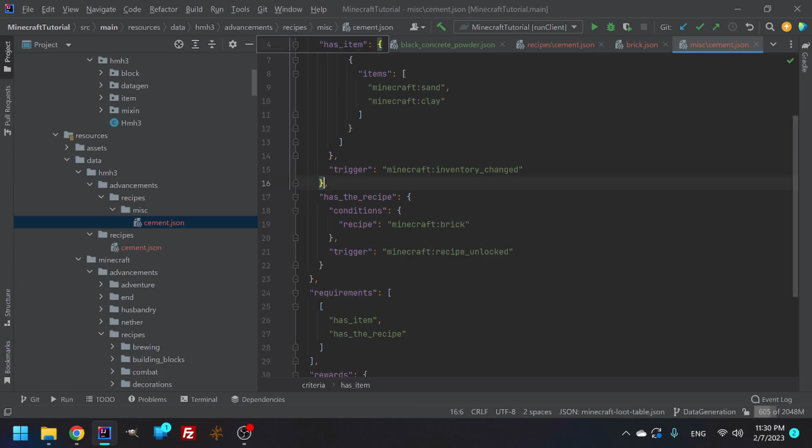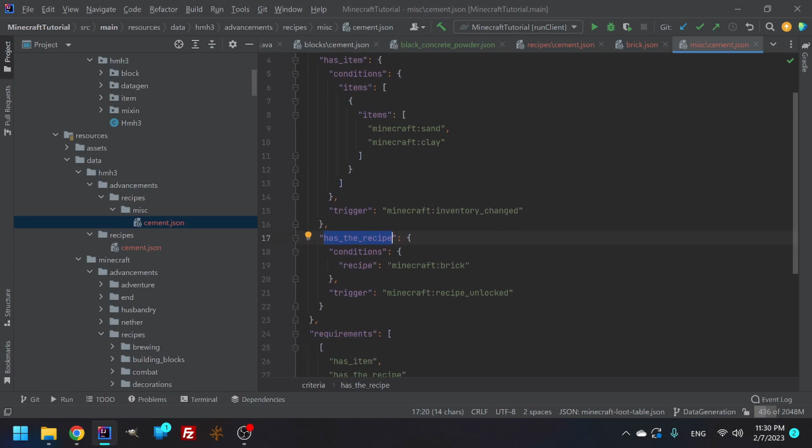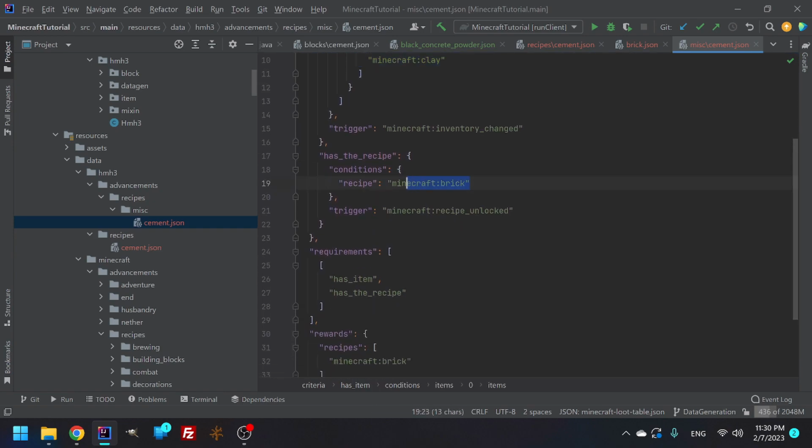The second thing in here is called has the recipe. This is basically saying does the recipe exist? Because if it doesn't, there's not really much you can do. So right now it's basically saying if I get sand or clay in my inventory, it's going to look and see if Minecraft brick recipe exists in the game. It does,